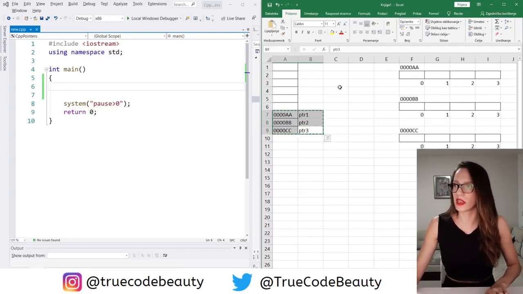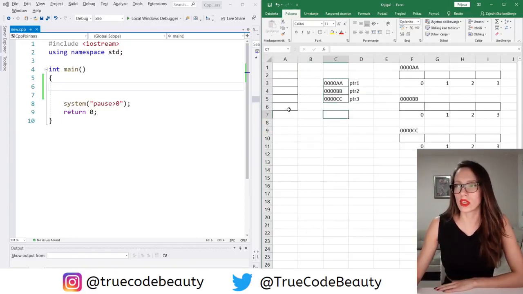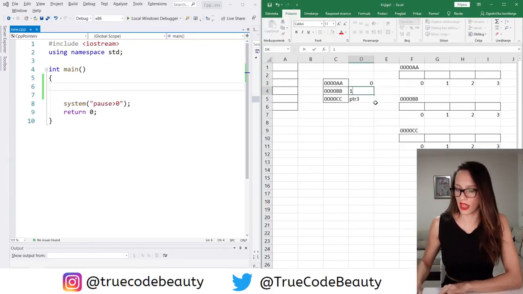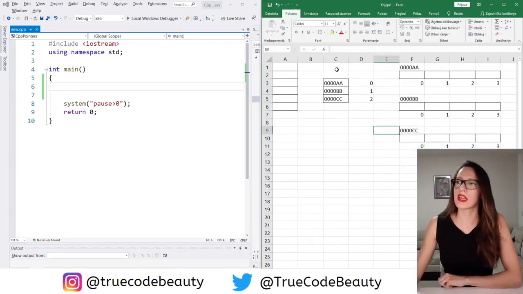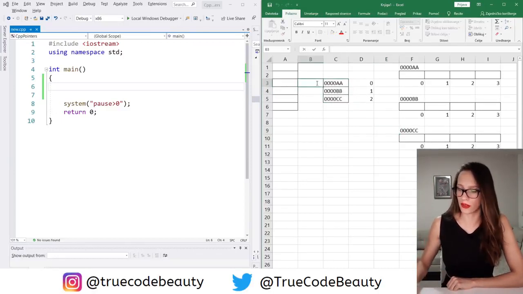Let me cut it from here, and then I will paste it here, for example. So now I have moved this part to dynamic memory as well, and as you can see here, this kind of looks like an array as well. So that means that this first element, if we look at this as an array, will have index of 0, and then second will have index of 1, and then third will have index of 2. Okay, so this is an array that has 3 elements, and the first element, for example, has the address of